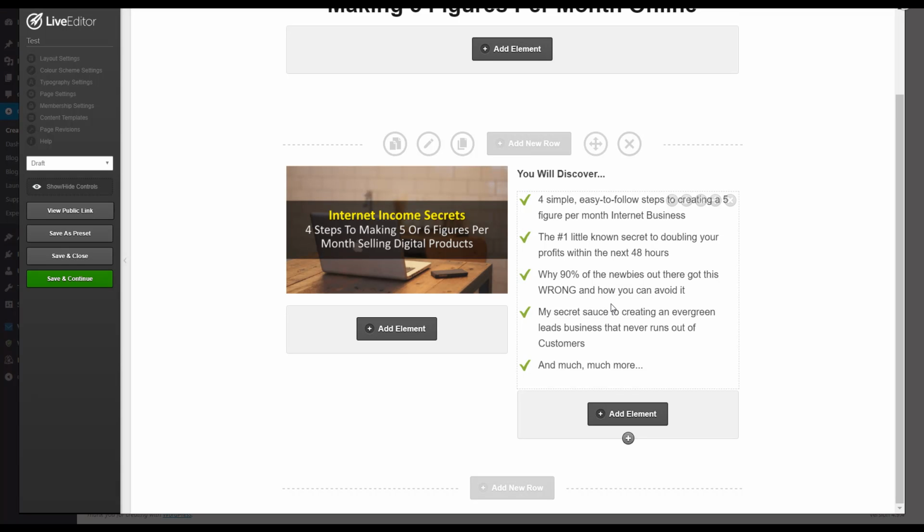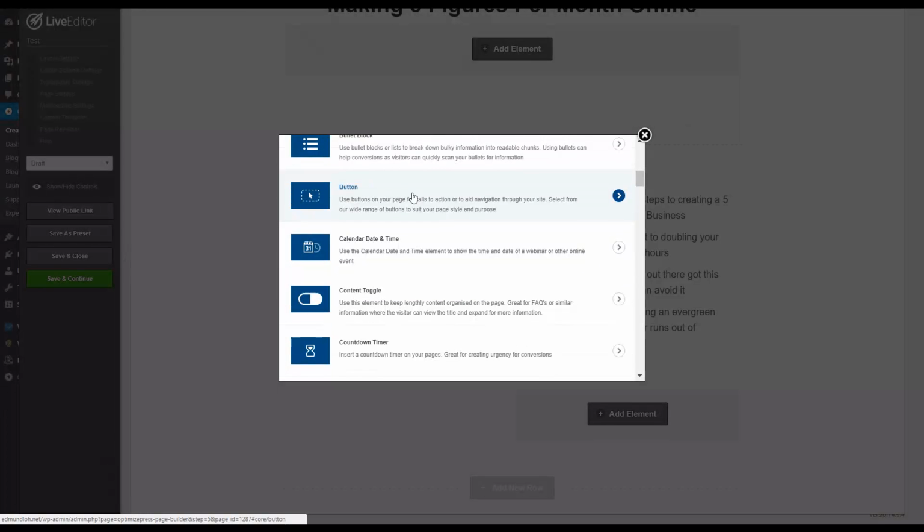All right. Now, personally, I would suggest that you have an image about the same length as the one on the right side so that it balances out. But right now, I'm just doing this as an example. Okay. Now, next up, the most important thing of the landing page is the call to action, and this is where you're going to add another element called the